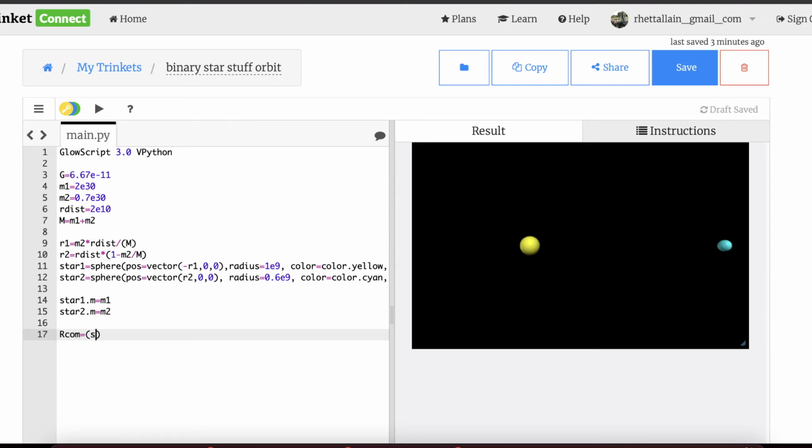It's going to be equal to star1.m times the vector location of star1, which is star1.pos. So I don't have to say R1 and all as a vector. Star1.pos is the vector location. I'm using that actual 3D object as my variable. Plus star2.m times star2.pos. All of that divided by m. And now I'm going to put an object there. So let's call it com, sphere, position equals